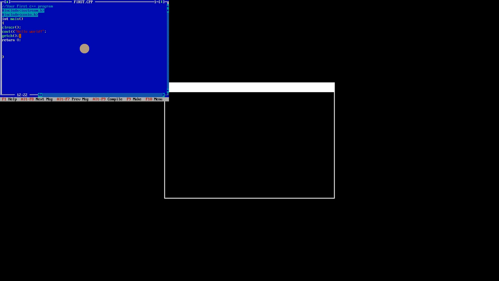And the last one is the return 0 statement. The return 0 statement is the exit status of a program. In simple terms, in short, the program ends with this statement. This is our first C++ program.